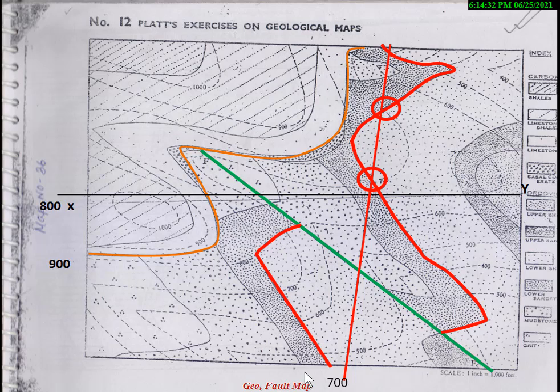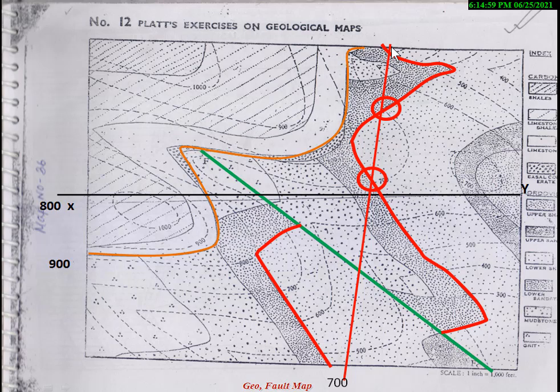With the help of this bedding line, how can we draw a strike line? We already know we need two same or two equivalent points. This is the 700, this 700 and this 700. With the help of these two points we easily draw a line which is called the strike line. So this is the 700 strike line.